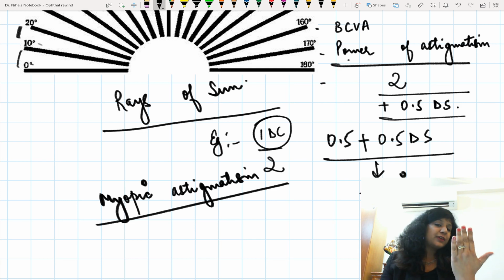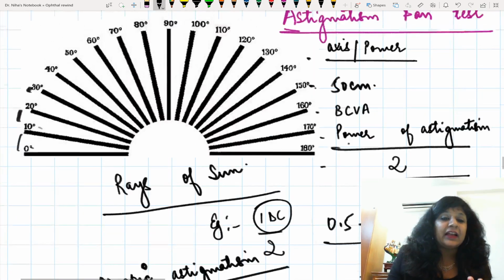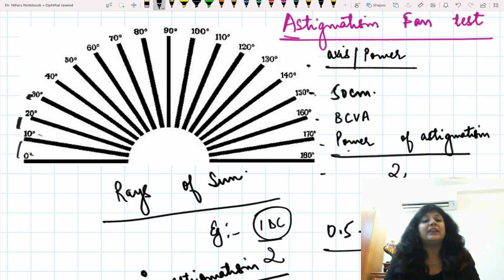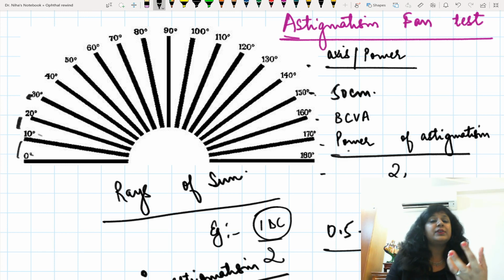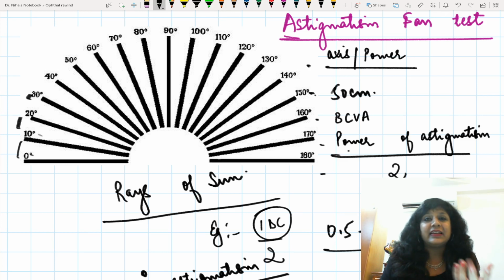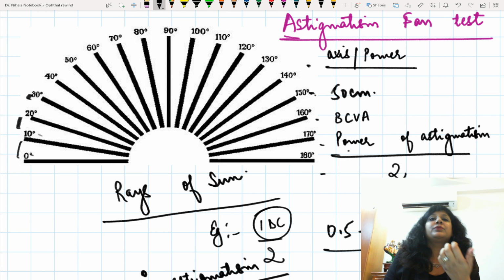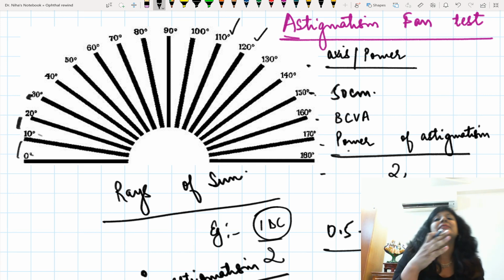So now images are formed in front of the retina. With this fogging technique, again we will ask the person to read these lines. If he is having the astigmatism, then for sure he will see some lines to be more clearer, more bold, or having the brighter ink as compared to the others. So that will give you the estimate that in which particular axis he is having that astigmatism.